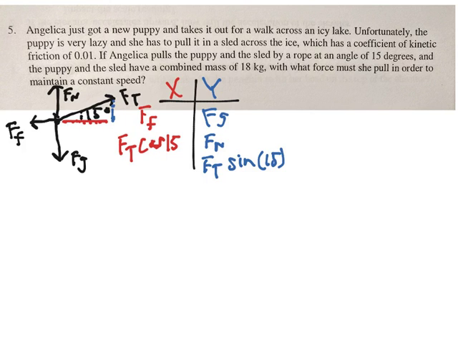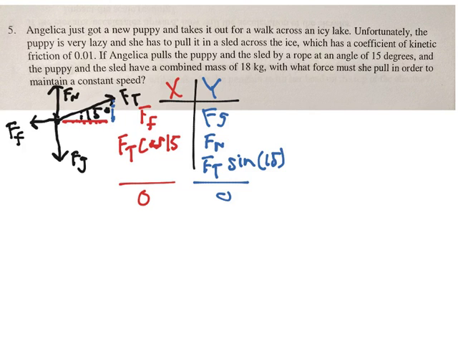So this is kind of difficult, but we do know it has to be constant speed, so at the end of the day, all of these things are equal. So probably did not draw my free body diagram to scale, but what you should know is that at the end of the day, all the X forces up and down will be equal, so your net at the bottom of all this for each one should be 0. That's important,